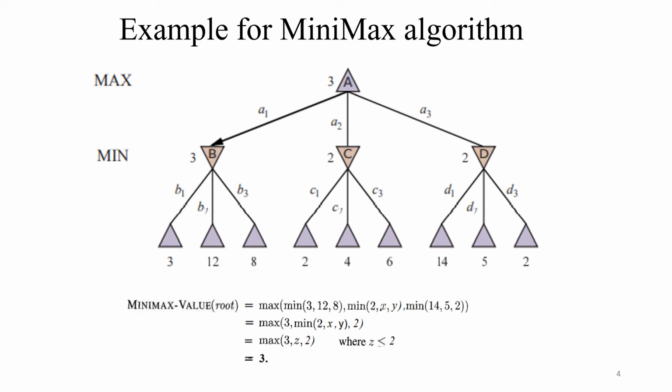Those can be eliminated in alpha beta pruning. Now at B the value 3 is backed up, at C the value 2 is backed up, and at D the value 2 is backed up to level 1. And here min always selects the maximum value out of 3, 2, 2. The maximum value is 3. That means the final value 3 will be backed up to A.